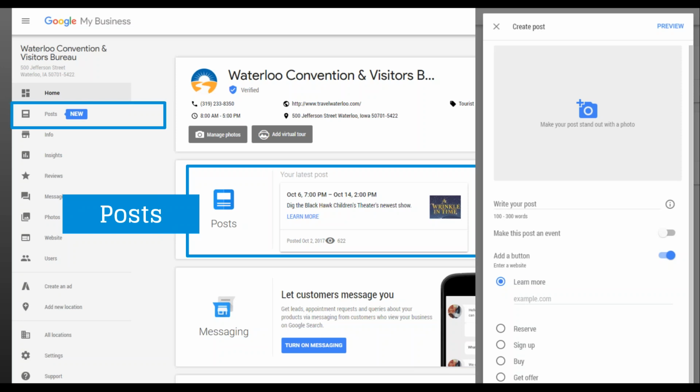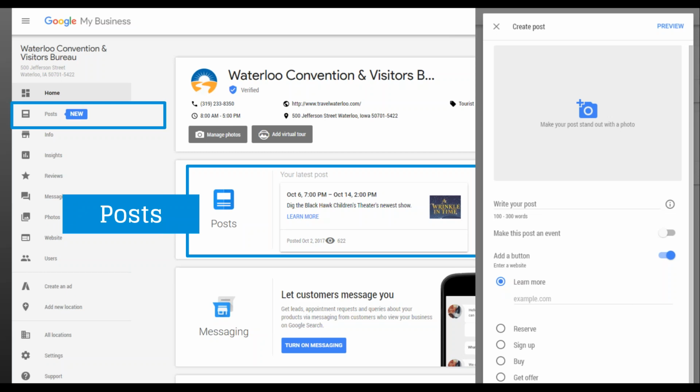business. This one is called Posts. We have a section again in the workshop where we've talked a little bit more about Posts. But Posts are a new feature that allows you to get some additional real estate inside your knowledge panel, and it's really easy to do. So as part of your Google My Business listing, you can post a bunch of different types of information. So right on the right-hand side of the screen, you can see what that form looks like, and it is